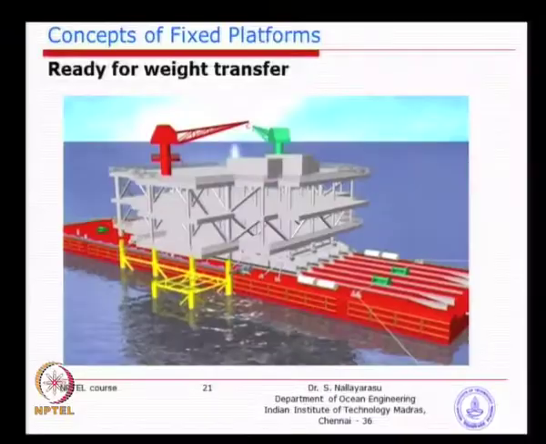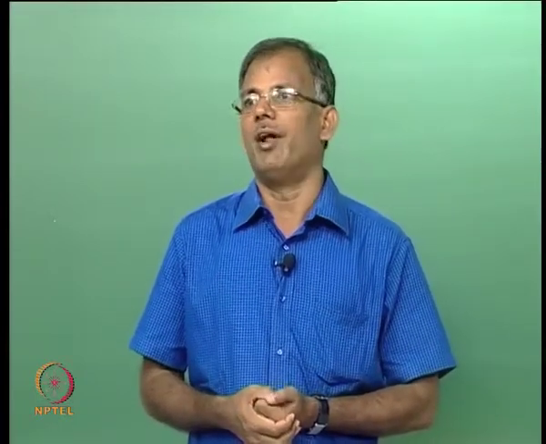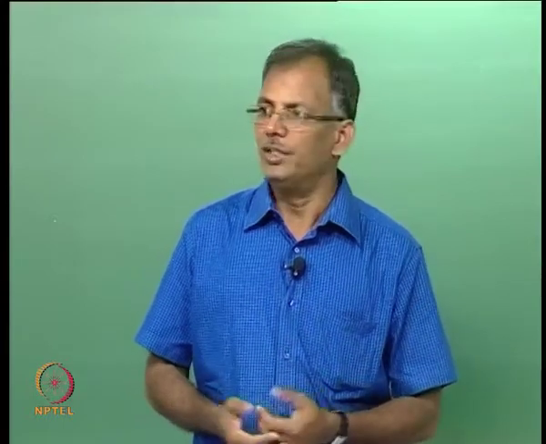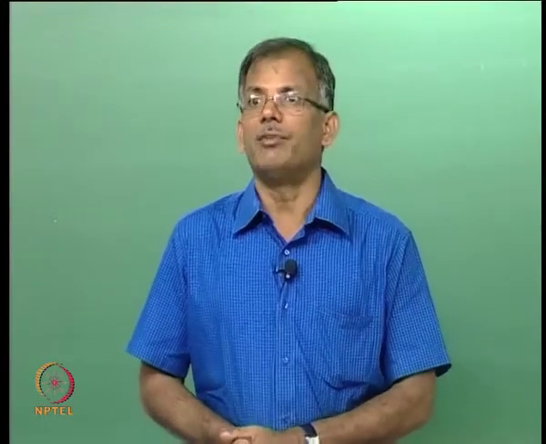Instead of purely relying on ballasting or deballasting, you can use the jacks to move the whole structure up and down. But one of the problems is the hydraulic jack capacity could be very large, for example 10,000 ton. So, you need to have say 4 or 8 jacks, each one of them of 2,000 ton capacity, and each jack could be something like 1 meter in diameter. So, expensive, but very safe.